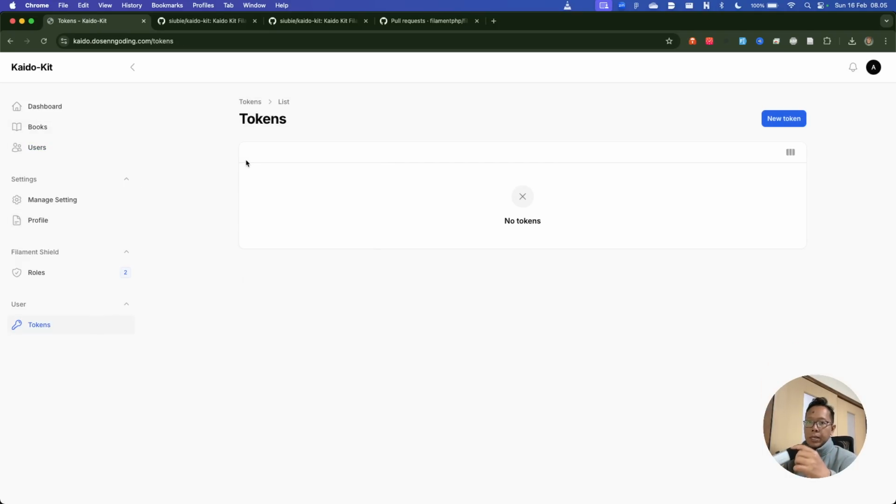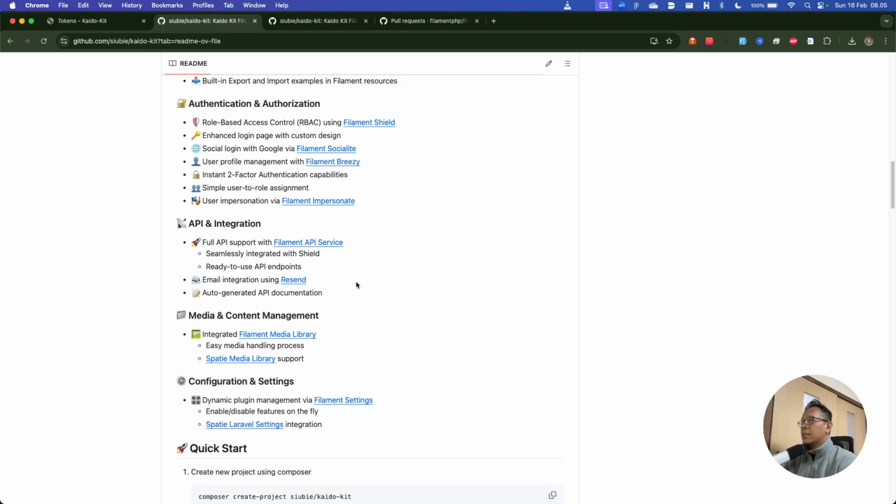You can use this panel as a CMS, as a content management system, but also you can use this as a backend for your front-end apps using Filament API service. And it is already seamlessly integrated with Shield, and you can also enable and disable the access at the API level, not only on the admin panel level.